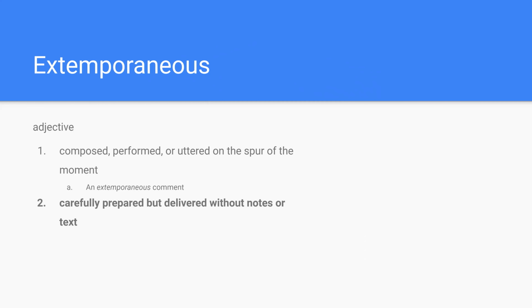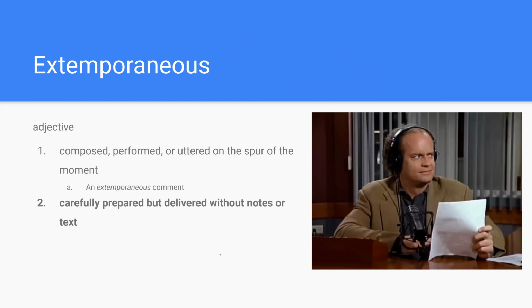Now, extemporaneous is going to relate more to what you've done in your previous projects. This is where you, at the very least, know about your topic ahead of time and you're able to prepare some kind of notes. You might hear this whenever a professor is giving their classroom speech, or if you're asked to prepare something ahead of time, like with your informative speeches or your persuasive speeches, where you are preparing it, but